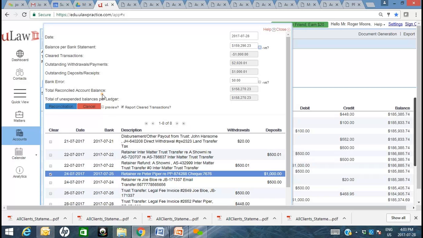The minute the total reconciled account balance and the total trust balance per ledger match, you have the ability to generate the reconciliation report. And the reconciliation report obviously should outline, as of the end of this month, all the transactions that have cleared, the trust clearance, the client listing, and it should give you that document that we looked at